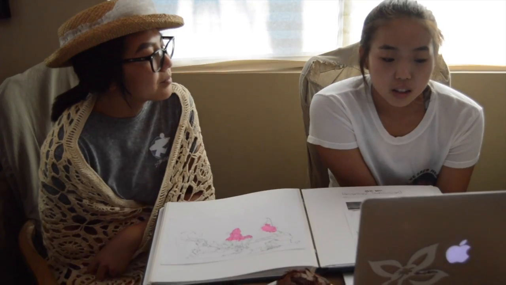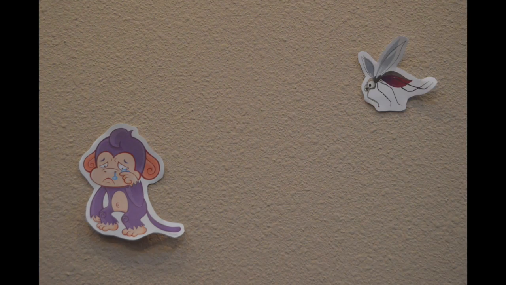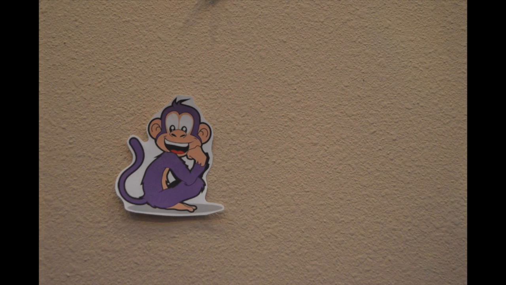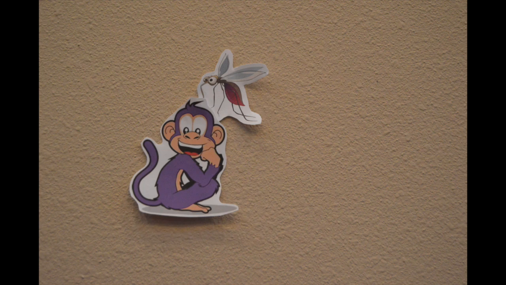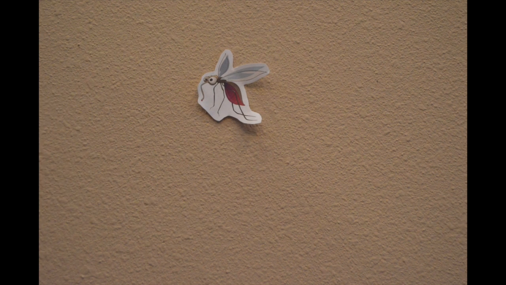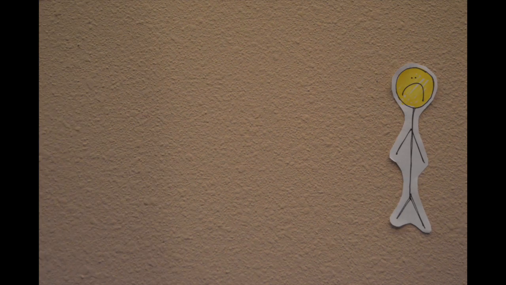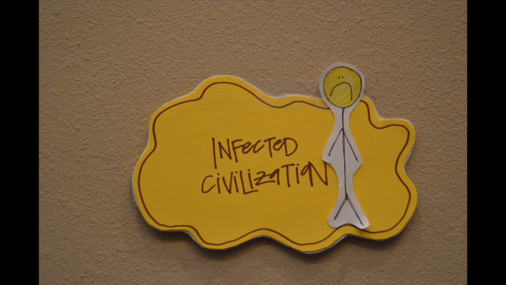Okay, so if they knew it was from mosquitoes, why didn't they do anything about it? Ah, that's the thing. They didn't know that it came from mosquitoes until the early 1900s. So how did the mosquitoes transmit the virus? Well, it all started with one unlucky monkey. That infected monkey is bitten by a mosquito where the virus accumulates in its salivary glands. Then the newly infected mosquito transfers the virus to another monkey by biting it. That process continues on until a person travels through the jungle and gets infected. That person would then bring the virus back to civilization with them, and that's how an epidemic begins.